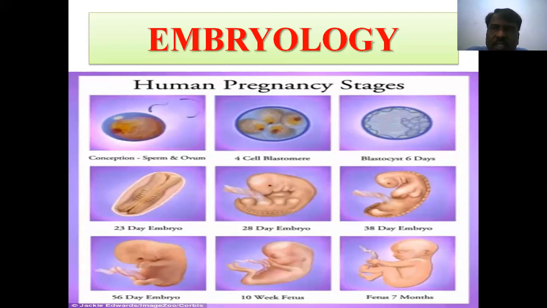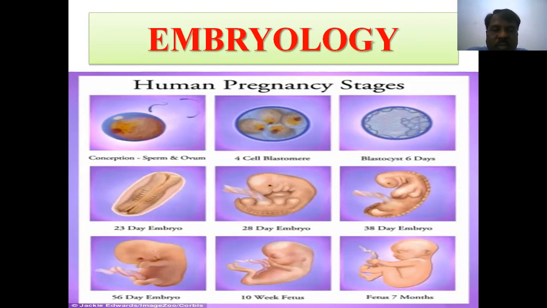Next is the inner cell mass, outer cell mass, embryoblast, trophoblast. Next is the formation of the germ layers: ectoderm, endoderm, primary axon, secondary axon, amniotic cavity. Next, what is gastrulation? Next model is the primitive streak model. Next is the somites model, notochord model, head fold, tail fold.